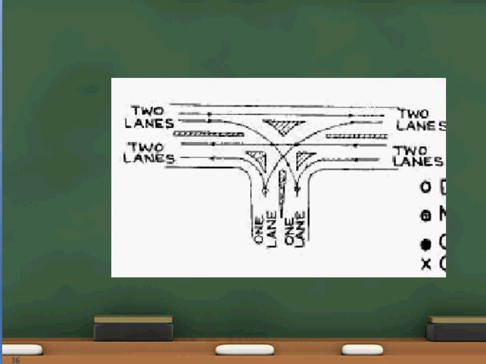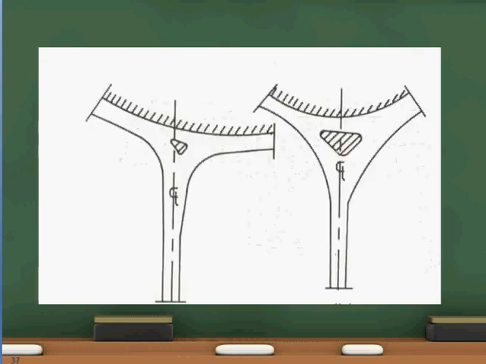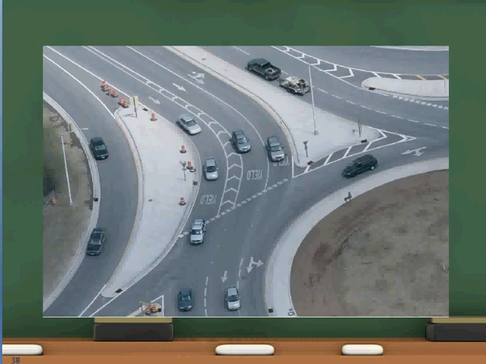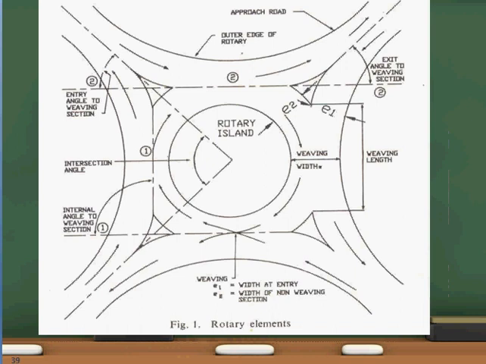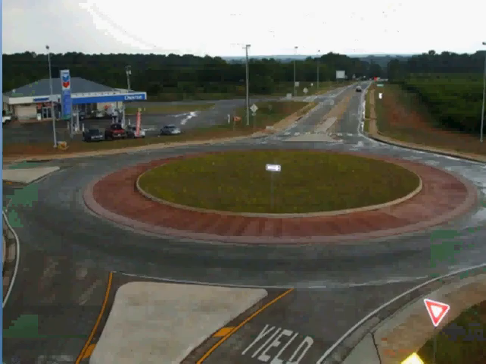You can see here, this is a divisional island and these are the channelizing islands. You can see here, this median will be the divisional island. These are examples of channelizing islands. We will be channelizing the traffic flow. And a rotary island means at the center you will be providing a single island like this. So this is known as a rotary island. At the center one island will be provided in the rotary intersection.